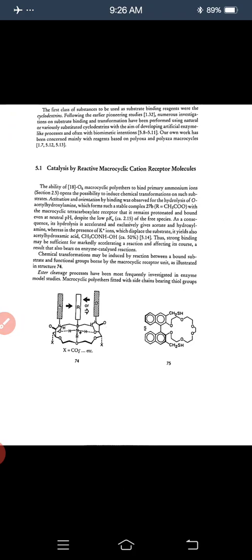Now we discuss catalysis by reactive macrocyclic cation receptor molecules. The ability of 18O6, this is the supramolecule 18O6, a macrocyclic polyether, to bind primary ammonium ions often makes it possible to induce chemical transformation on such substrates. Activation by orientation and binding was observed for the hydrolysis